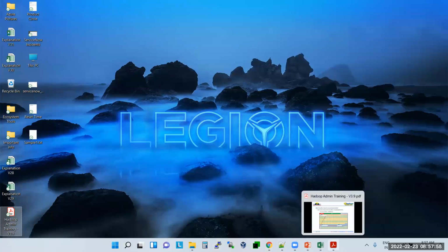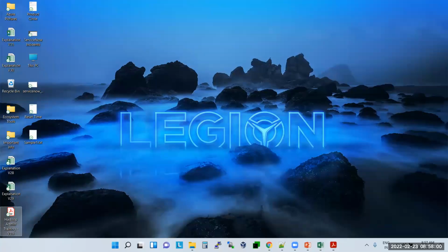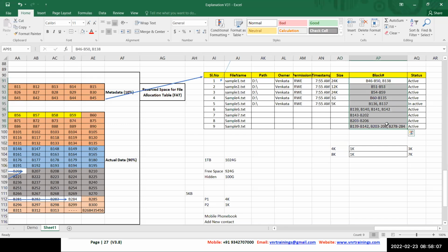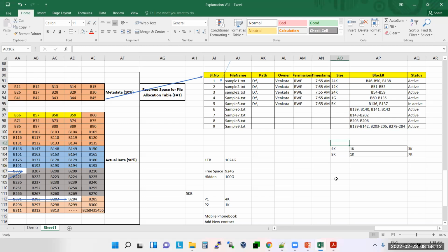See, there is one more problem, madam. Look at the metadata place also. If you have a 20 KB file and your block size is 4 KB, how many blocks will you get? 5. If your block size is 10 KB, how many blocks? 2 blocks.